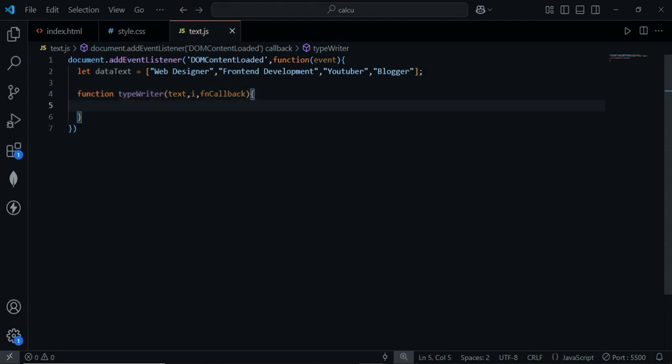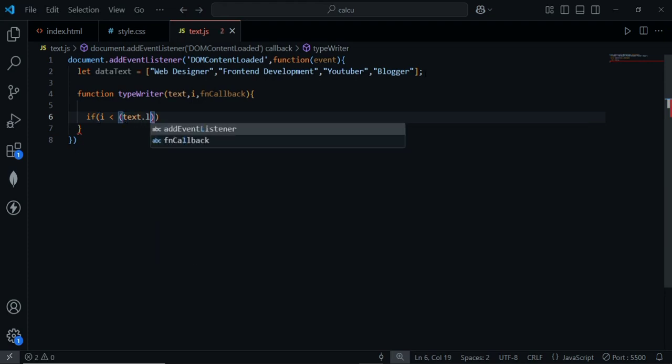Check if text isn't finished yet. If i is less than text.length,